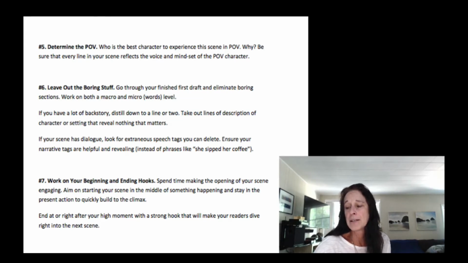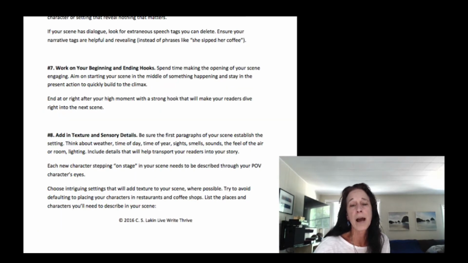Okay. Number 8. This is where you add in texture and sensory details. I mentioned the sensory details earlier, but you might need to go back through and put those in. Try to find spots on every single page where you add in some sensory detail. And again, it doesn't have to just be sight. It could be smell, hearing. It could be physical sensations. It could be the way that they feel inside. Maybe their stomach is hurting. I mean, there's all kinds of sensations that we have as human beings. So take a look at that handout on the 21 senses and pick a few. See if you can work those into your story.